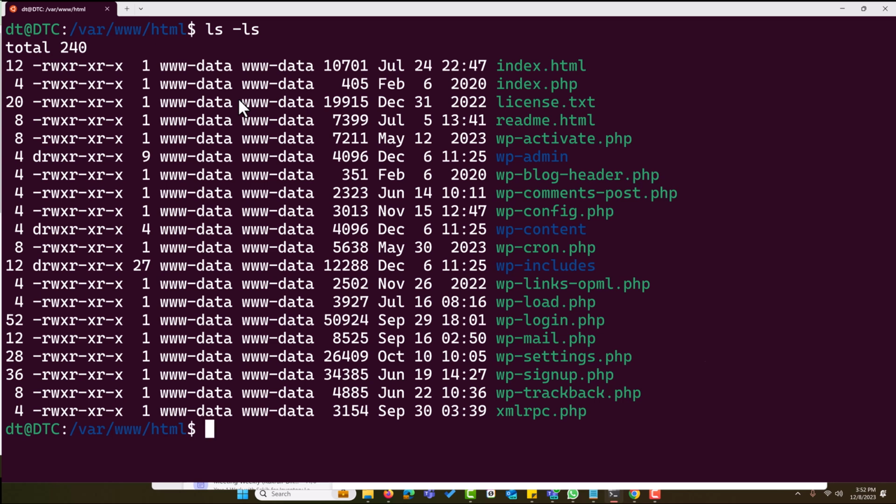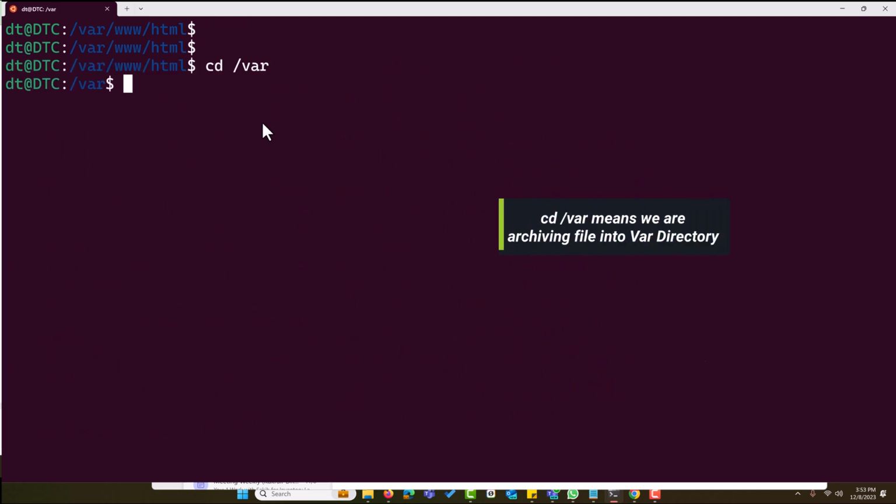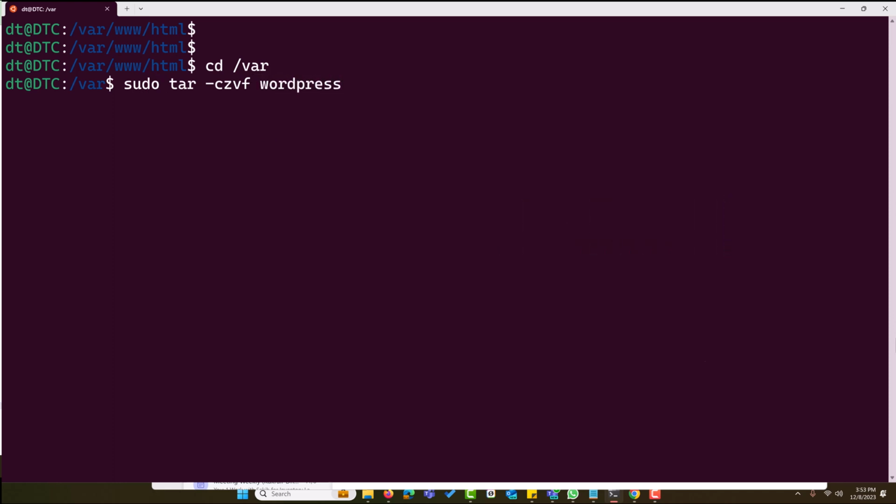In order to do that, I am going to use the command cd /var, where we'll send the backup. Sudo tar -czvf. Then, I'll give the backup file a name. Let us call it WordPress_backup. I'll add the extension, so it is going to be .tar.gz. The directory we need to archive is /var/www/html. As soon as you hit enter,